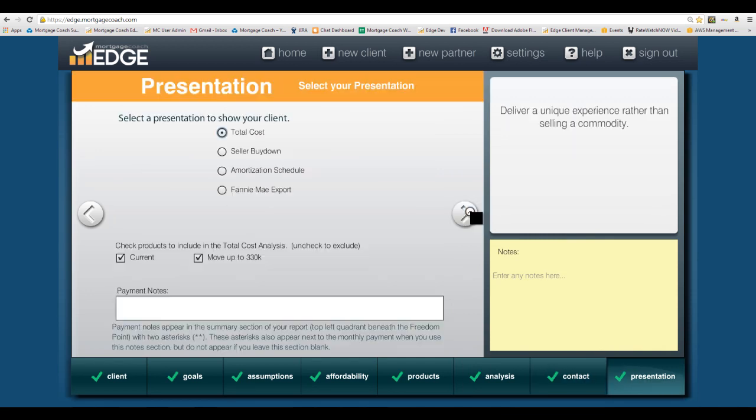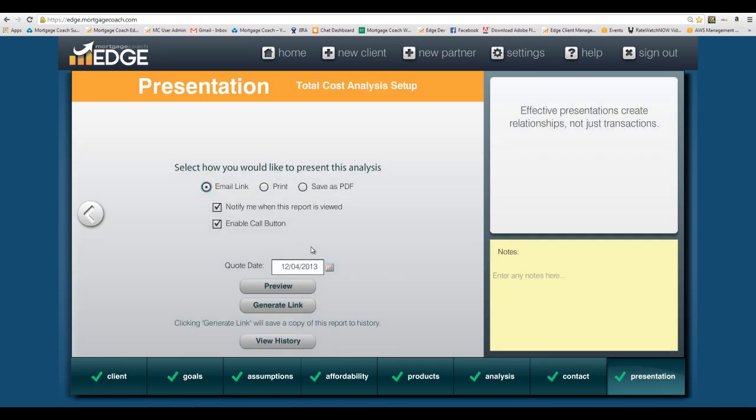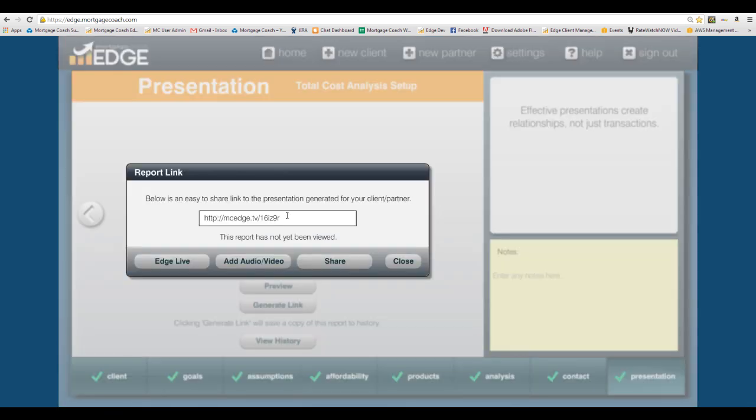Now, last step here. You want to make sure and put your payment notes in, so you want to disclose whether you included taxes and insurance. And then we can go to the last screen of the preview here. Make sure you've got a quote date, and then hit generate link. Now at this point, you can feel free to copy this link and send it directly out to your borrowers